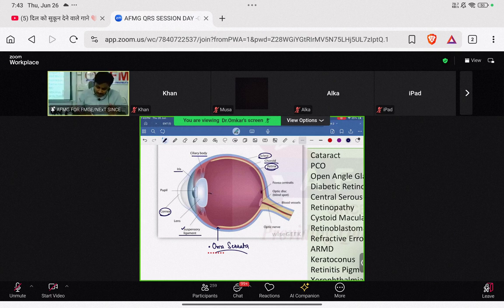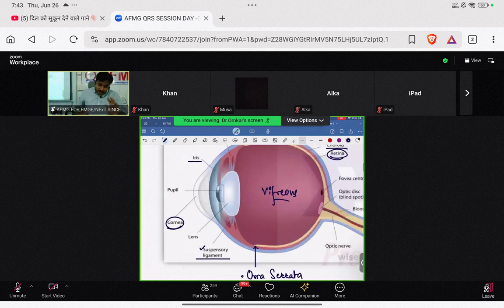अब the area behind the lens is called the posterior segment and the area in front of the lens is called the anterior segment. The posterior segment is obviously bigger, around 4 ml in volume, and it contains which fluid? We know in the posterior segment of the eye we have a fluid called vitreous humor, बच्चे. Clear? इसीलिए if there is any bleeding in the posterior segment of the eye, it is called vitreous hemorrhage.